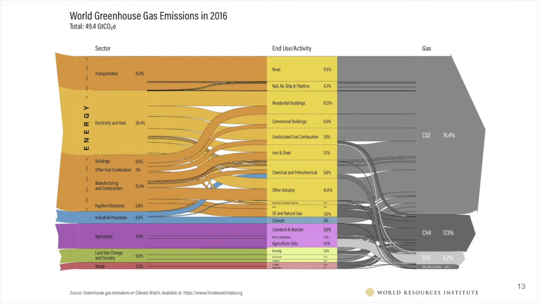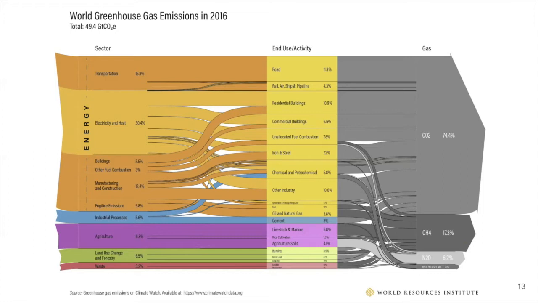And then the third column shows the actual greenhouse gas that is emitted from various activities. So 75% of the emissions that we think about are carbon dioxide, but methane, CH4, and nitrous oxide, N2O, are really big contributors here as well. And so it's always fun to have some of the numbers from this diagram off the top of your head.